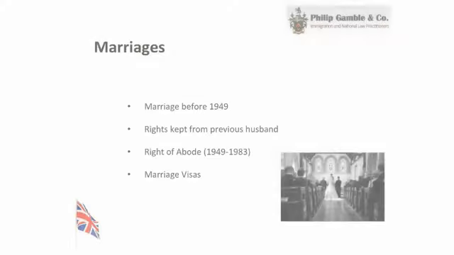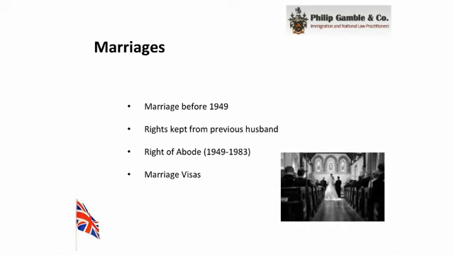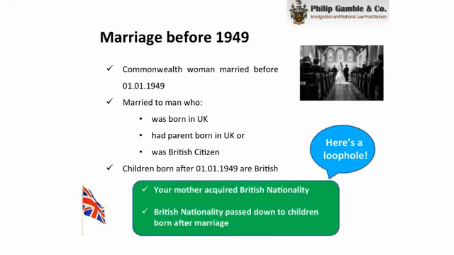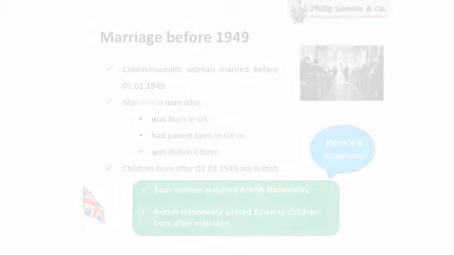Earlier in our presentation, we mentioned that women were disadvantaged in the old law through gender discrimination. There were certain situations in the past where women were actually better off under the previous legislation, and particularly when rights are acquired through marriage. A woman who was a Commonwealth citizen in the past and married a British man before 1949 would acquire the nationality of that man automatically and by operation of law.